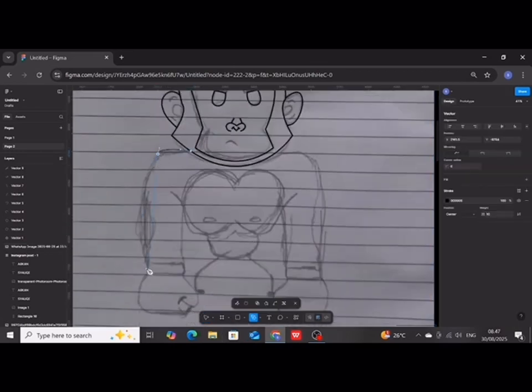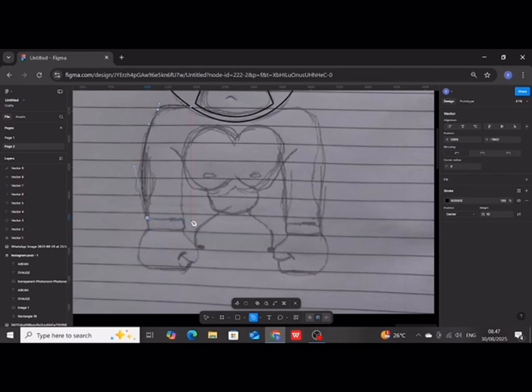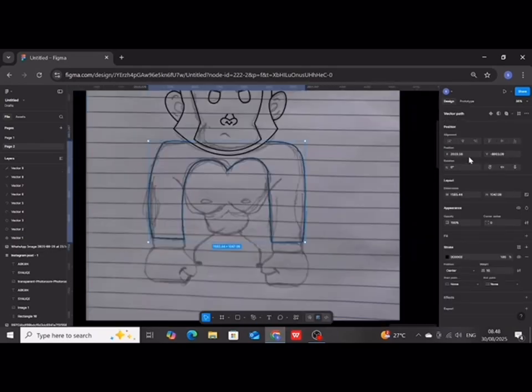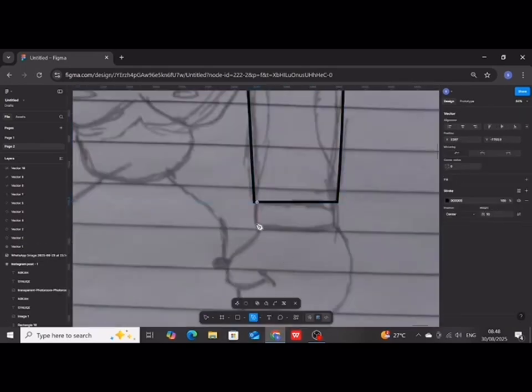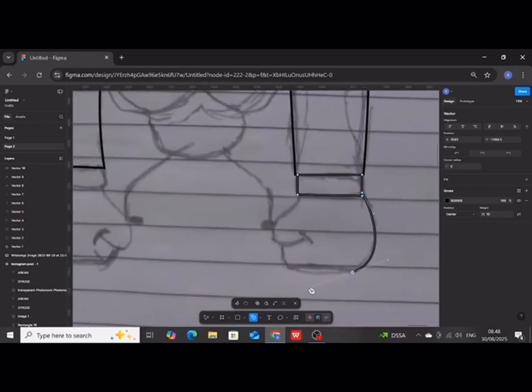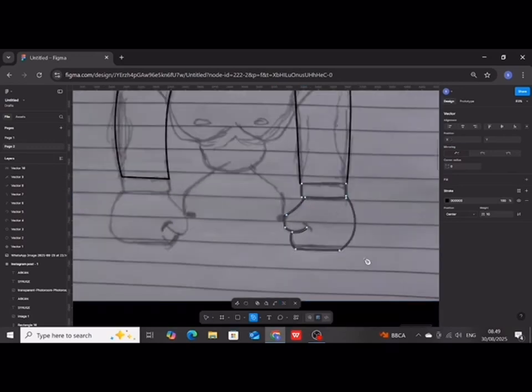First, I outline the head, then continue to the ears, the eyes, and the nose. The idea in flat design is that you don't need to make everything very detailed. What matters is capturing the main shapes. However, even though the concept is simple, the process can take a long time because you need patience to connect each point carefully. After the head is done, I move to the mouth and then the hands.